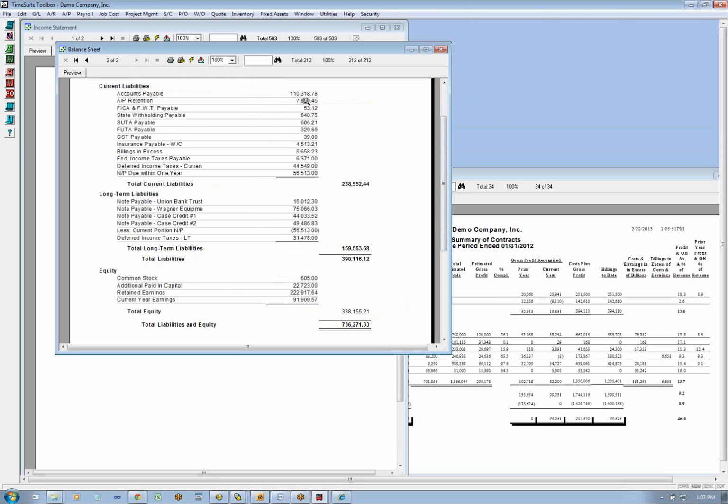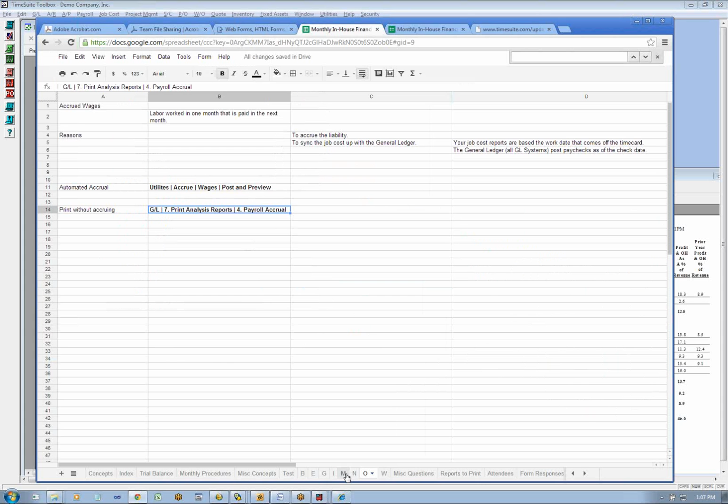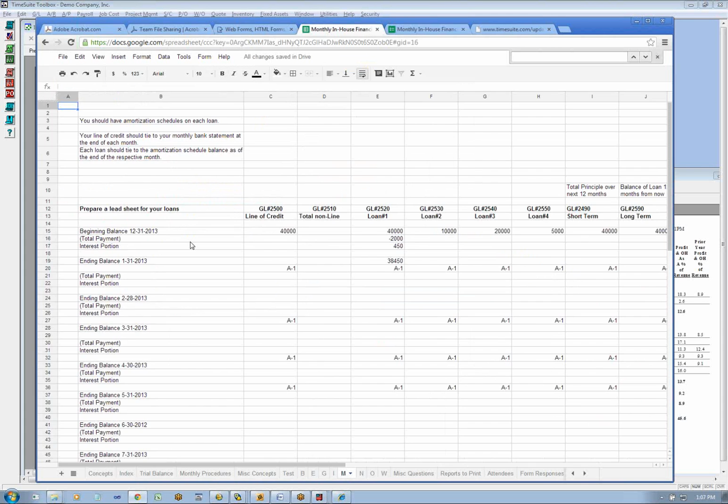Okay, so now you've gone through and you've done agings here, you've done analysis on all your liabilities to make sure they're fair, done adjustments where necessary, you've done work on your workman's comp policies, and maybe any other liabilities. Notes payable would be another concept where you'd want to tie it into your amortization schedules. And I think we have a little bit of work on that here. Work papers.